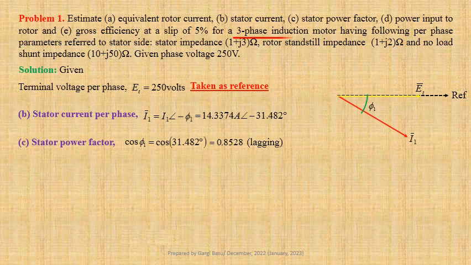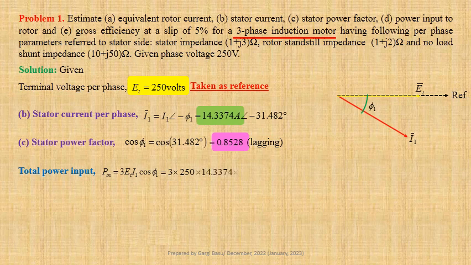For three-phase induction motor, expression for total power input Pin equals 3 times ET into I1 cos phi 1. Using values, we get 3 into 250 into 14.3374 into 0.8528, which is approximately equal to